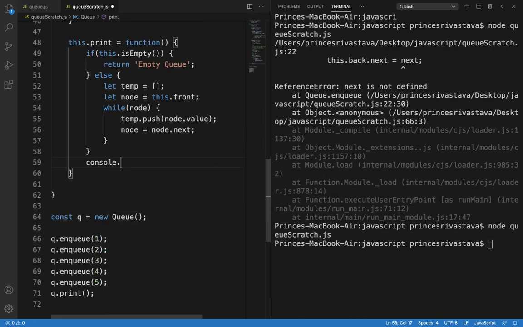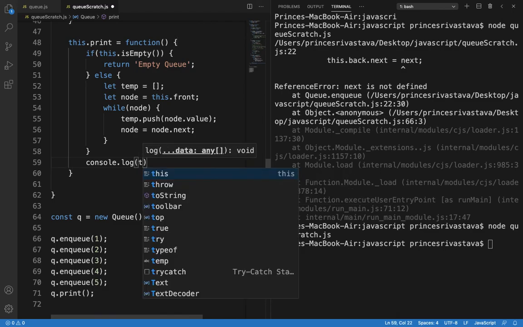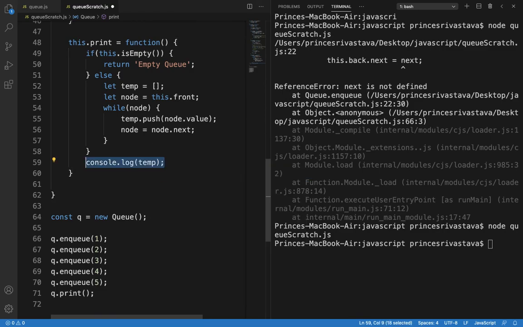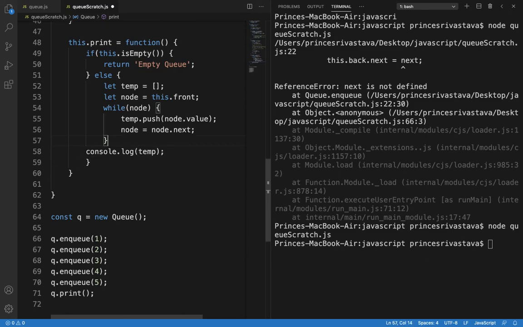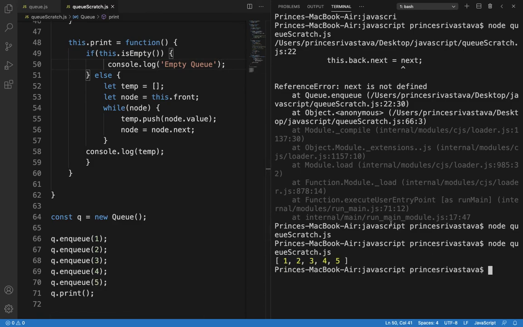So console.log the array. Great, now it should work. So 1 2 3 4 5.